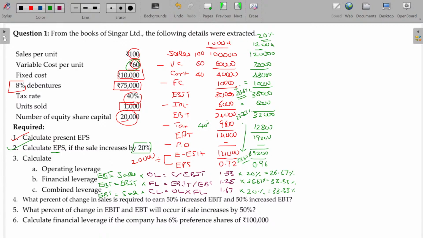Tax rate 40%, preference dividend also will have the proportionate value. So those things are not having any change. So in the absence of preference dividend, tax will have the proportionate change. So EPS will also have the similar effect as EBT in the absence of preference dividend. If there is a preference dividend, you have to do slight modification. We'll get back to that later on. So I have completed the three aspects.